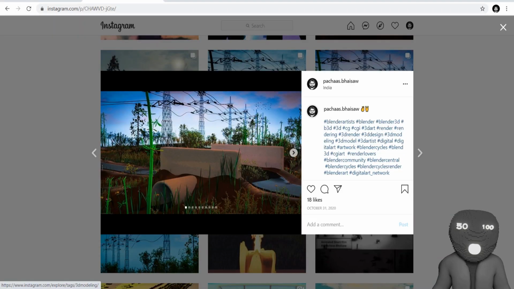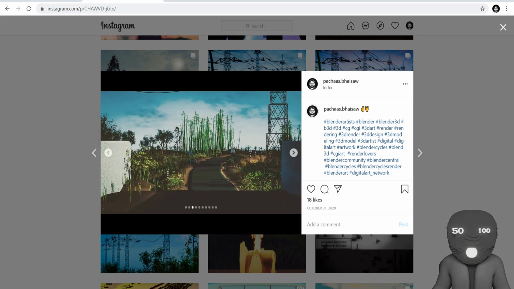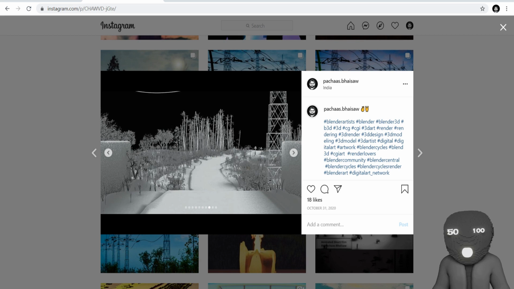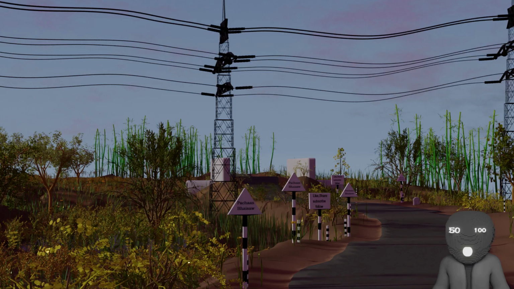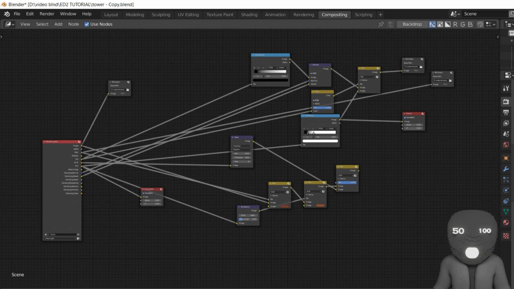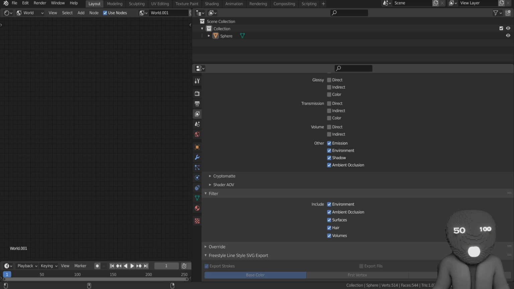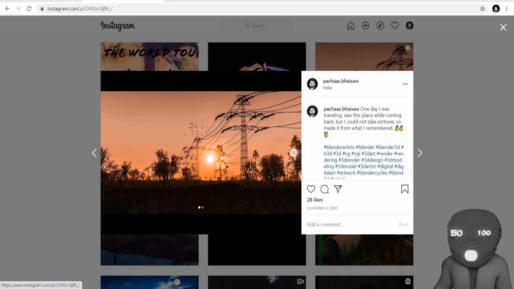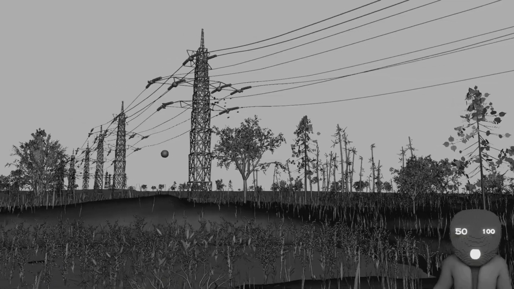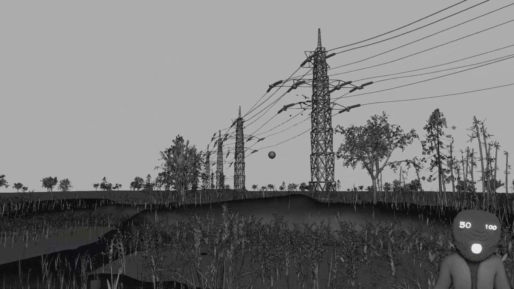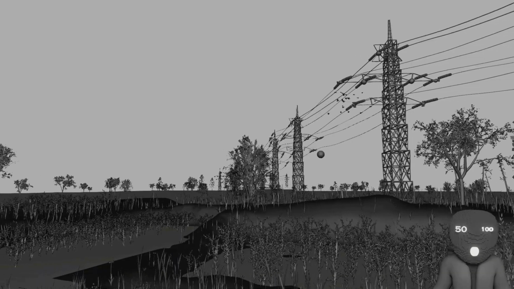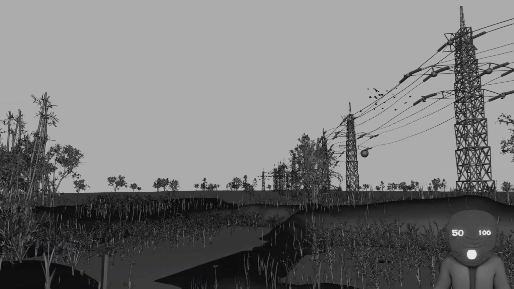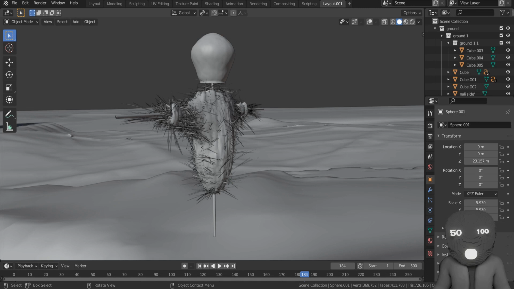So I took some test renders and posted them on my social media and asked for reviews. My power lines were very curvy, so I later fixed them, and before hitting render I did some compositing inside the Blender compositor. I enabled mist, environment and emission passes for compositing. After some little changes, I again did a test render and posted it. This time I got a better result, but the power lines again had some problems. These power lines gave me real trouble because after copying them several times, I had to fix each one separately. So I fixed the power lines and made some little adjustments to the scene. Then I also added scarecrows and a signboard.